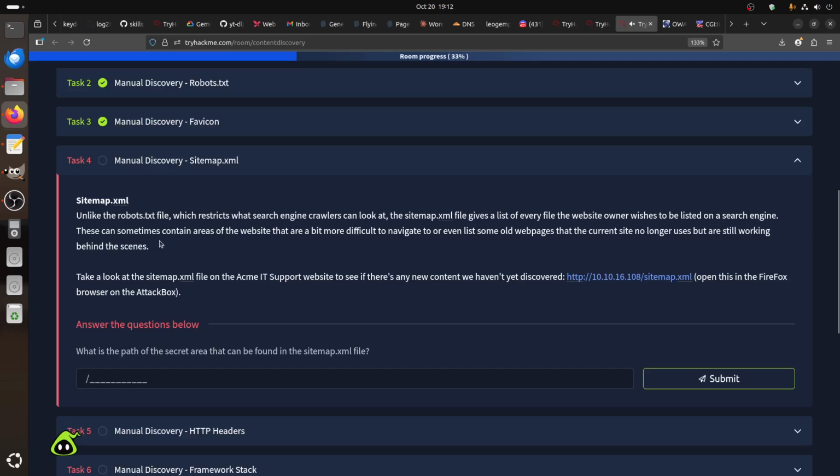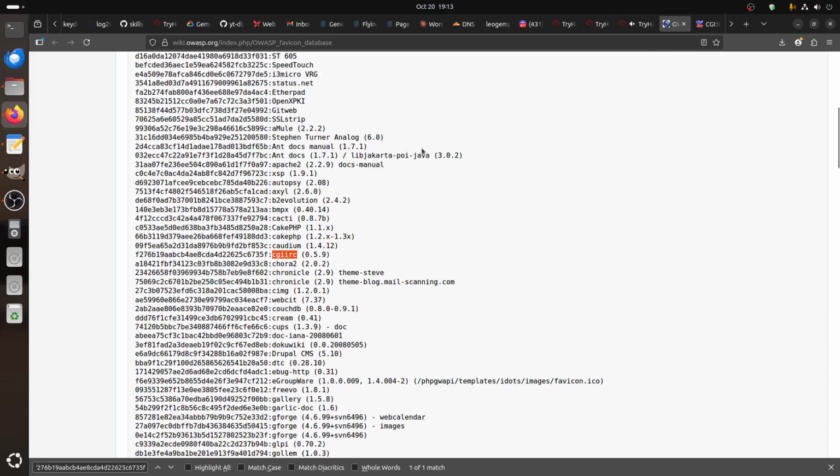This can sometimes contain areas of the website that are a bit more difficult to navigate to, or even list some old web pages that the current site no longer uses but are still working behind the scenes. It depends on the plugin, but most of the time now if you use WordPress or something, this is not